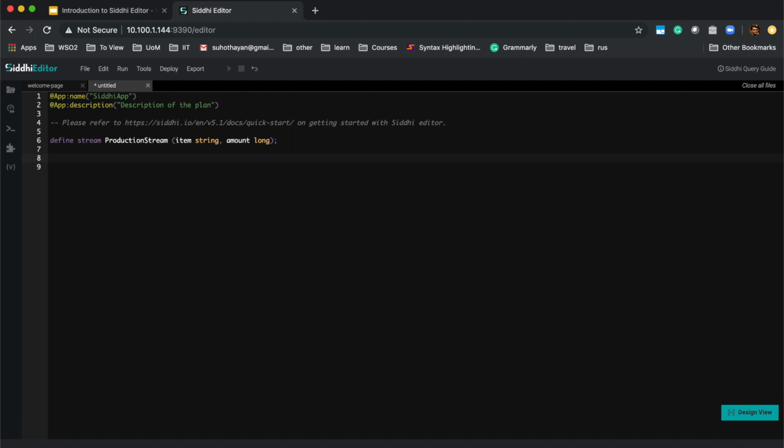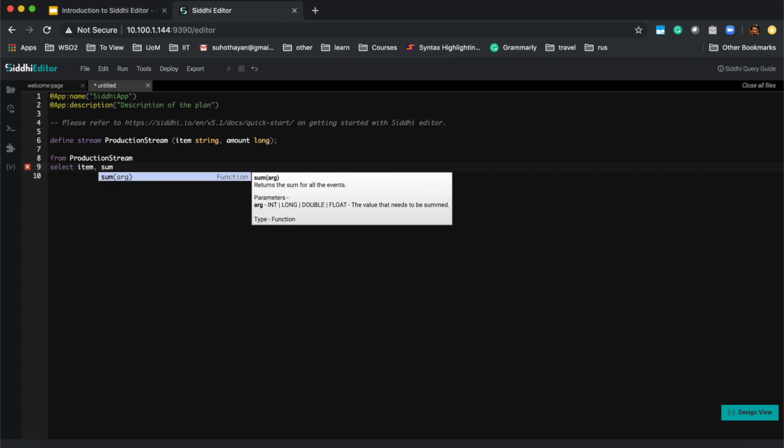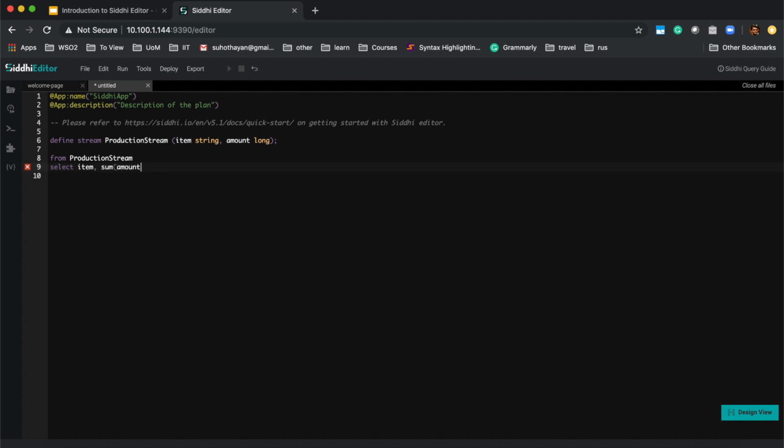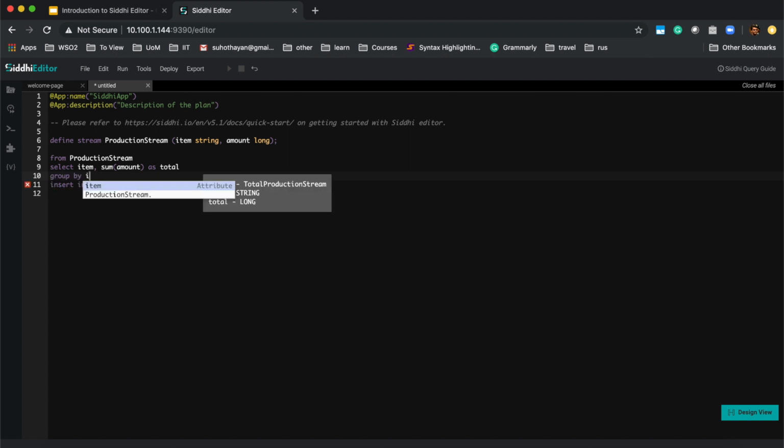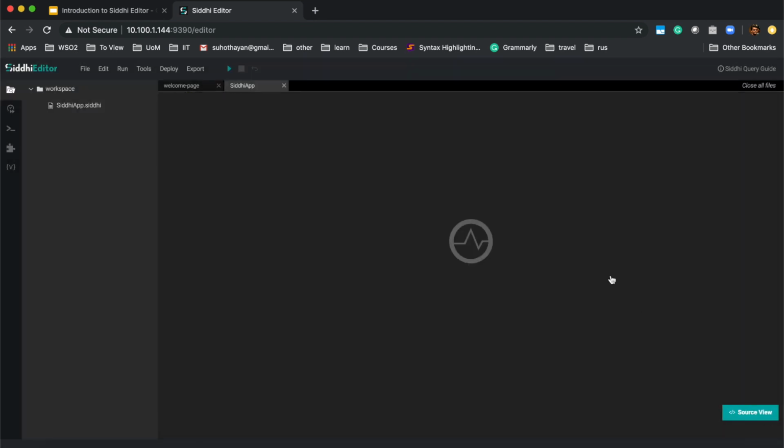Let's write a query to process the events from the production stream. Here we are going to select item and sum the amount as total and insert the results into the total production stream. If we want to group this total, then we can add a group by statement. Let's save this app by going to File and Save,